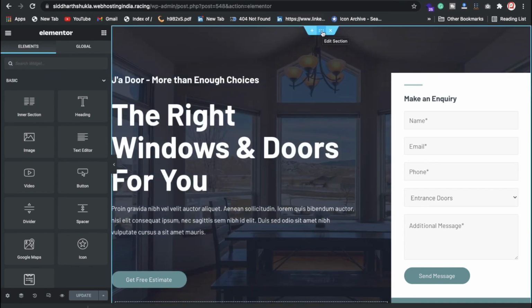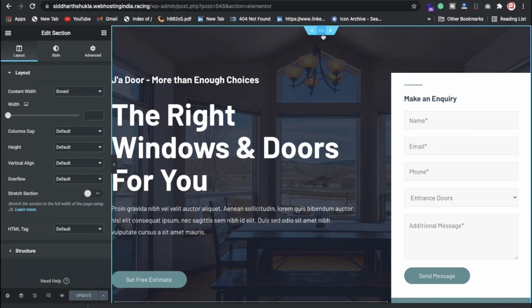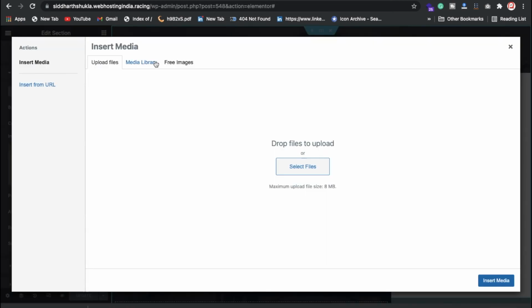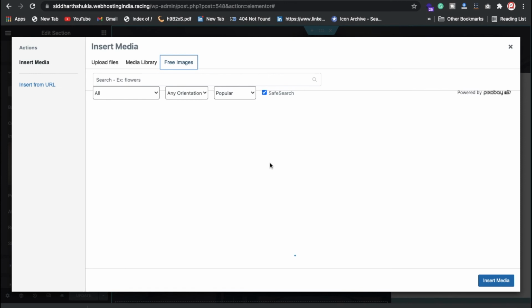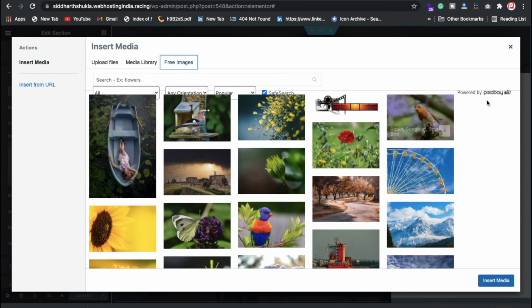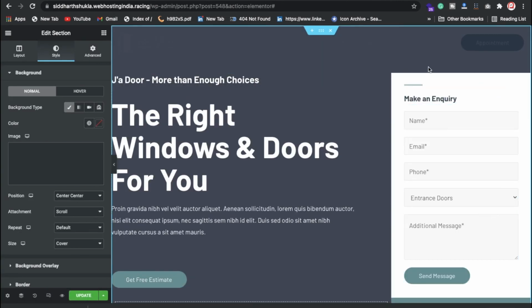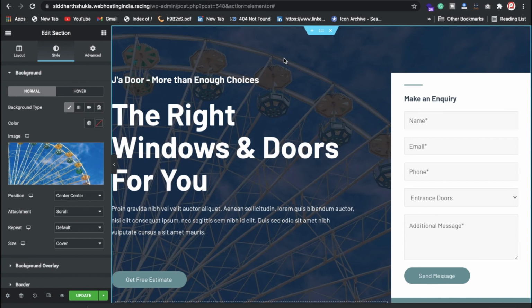Okay, so you need to click on the middle handle, which is the six dots we have, and again here you need to click on settings, which is basically the style. Yeah, and you need to change whatever images you have. Otherwise you can pick from the free images, which come from Pixabay. So suppose I want this particular background, so just click on import. Now you can check we have the background with a different image, correct?